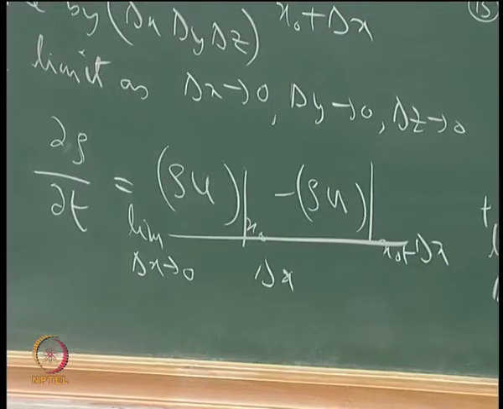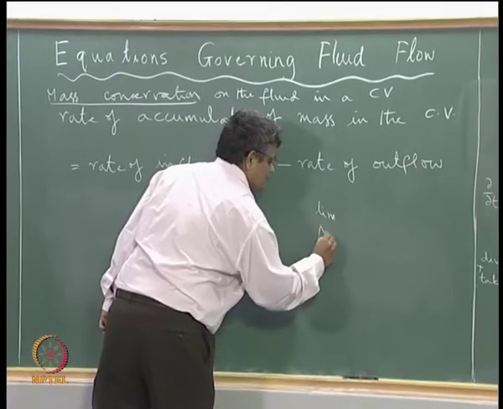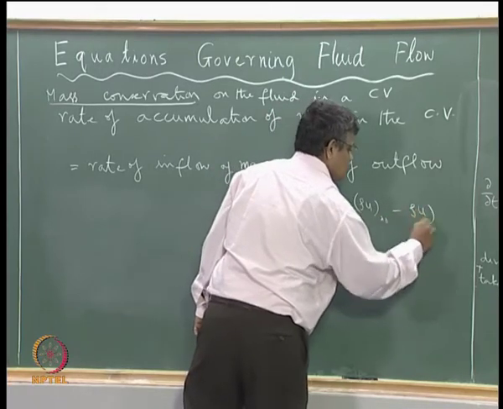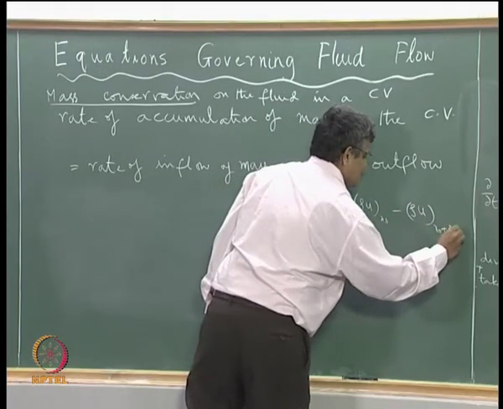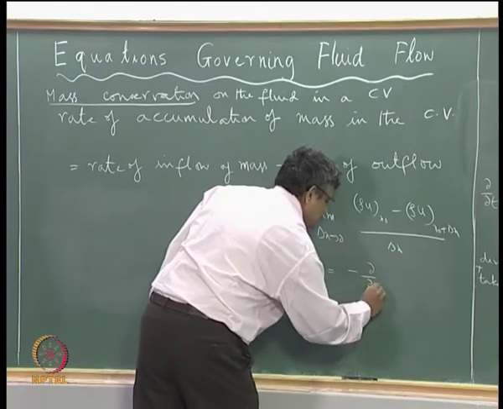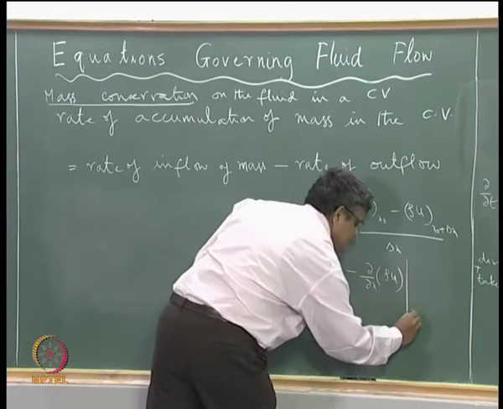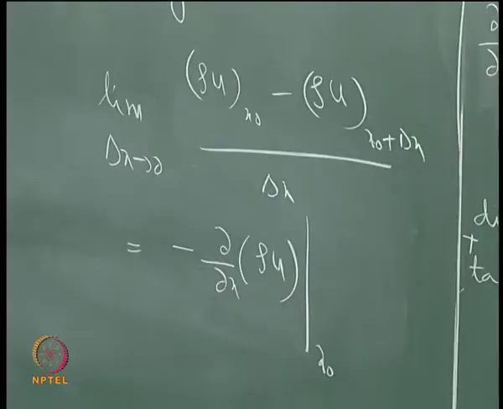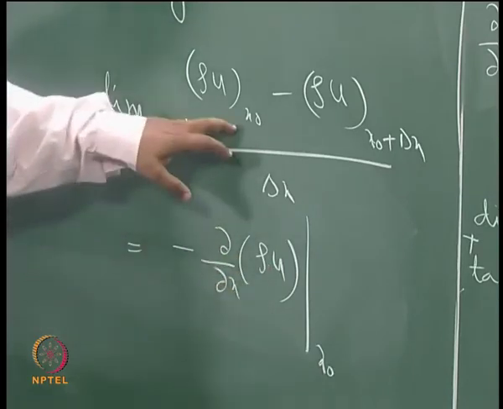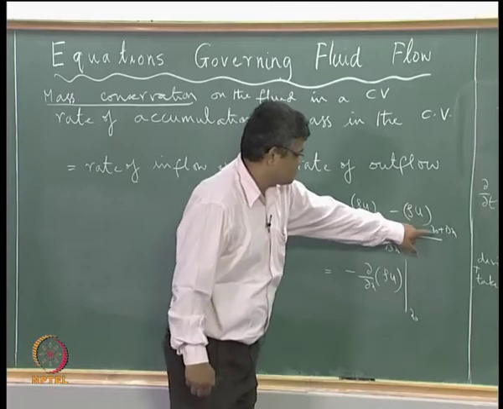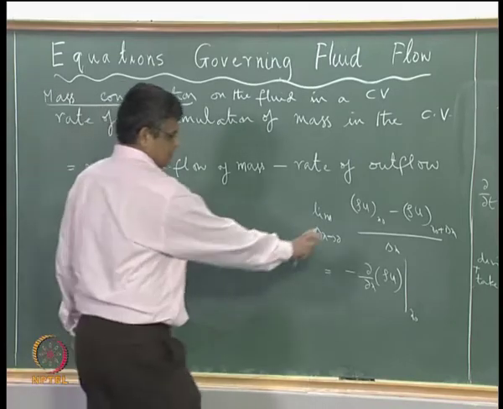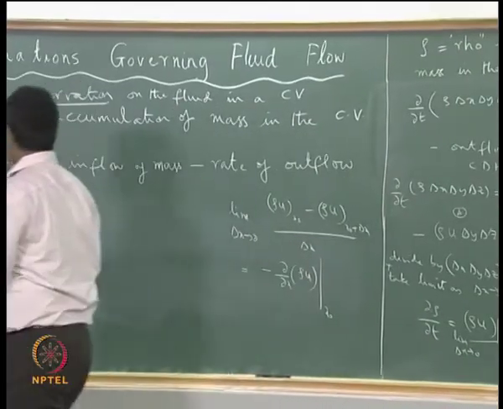If we consider this term, limit as delta x tends to 0, rho u at x naught minus rho u at x naught plus delta x, this whole thing divided by delta x is nothing but minus d by dx of rho u evaluated at x naught, by the definition. By the definition of a derivative, partial derivative of rho u with respect to x is given by this with a minus sign, because we are doing x naught minus x naught plus delta x. So using this definition we can write this equation as